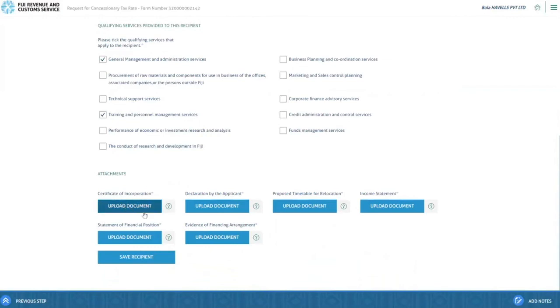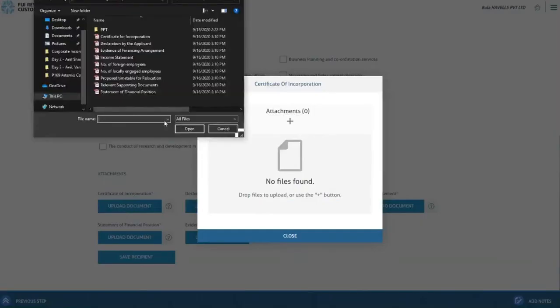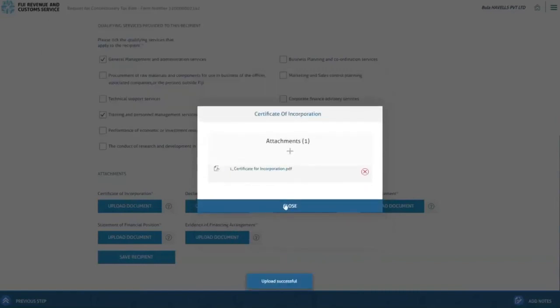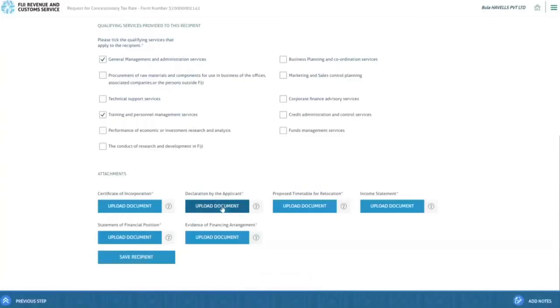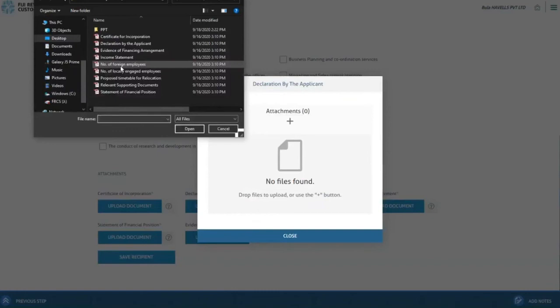Now we move on to the attachments. There is the certificate of incorporation, which is a must and mandatory. We upload the certificate of incorporation, together with the declaration by the applicant. We upload the declaration declaring